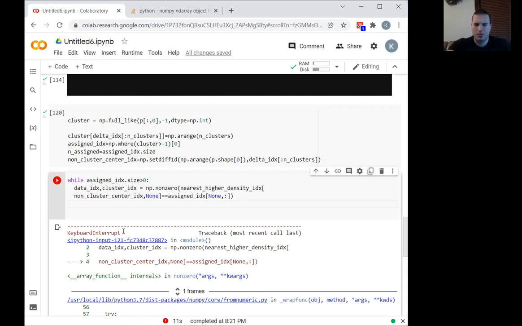So we want to make sure that the non-cluster indexes do not include the points that are the centers themselves. So the total number has to be, because we have four centers, the total number is going to be 4 shy of the total number of points that we actually have. So to accomplish this,